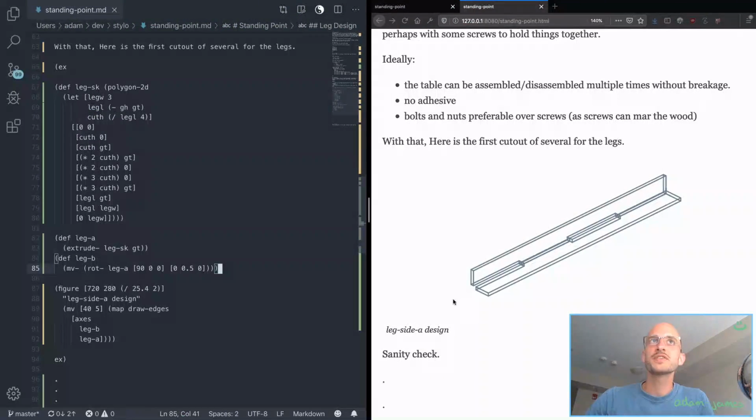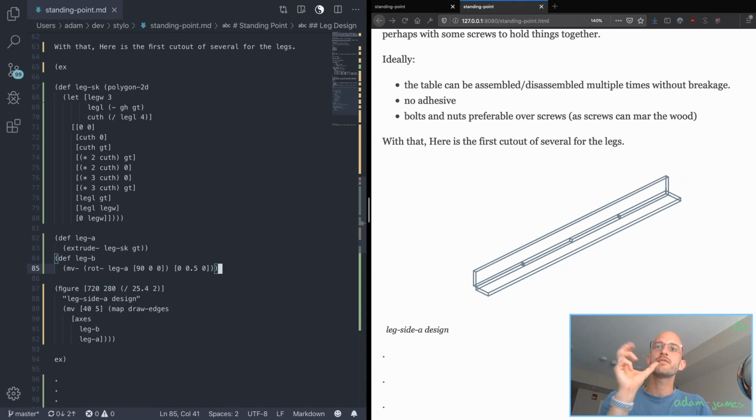Okay, let's fix this error that I had here. Of course, I gotta close that off. So then I'm moving the rotated leg by this amount here, right? And then that's what leg B should look like. So if that's working, that should shift this way. And it does. Now, there's one other error I have. I actually need to entirely flip it 180 as well. So what I need to do is,